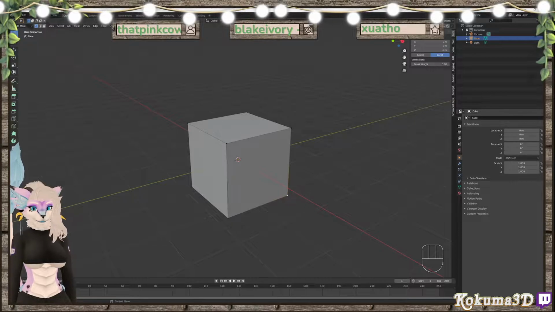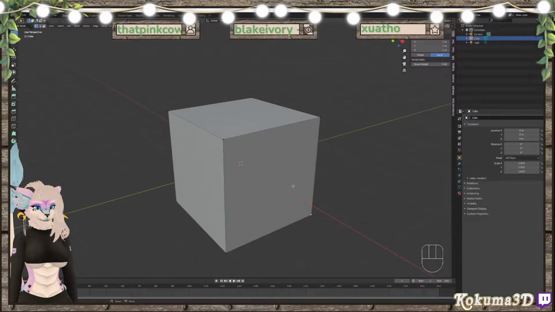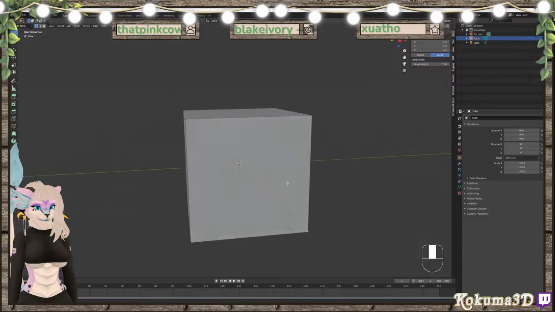Let's see. Actually, I don't think I'm going to get into FBX files just yet, because we're not really exporting that. So let me remove that real quick. The next thing to get into is origin. So the origin of your mesh